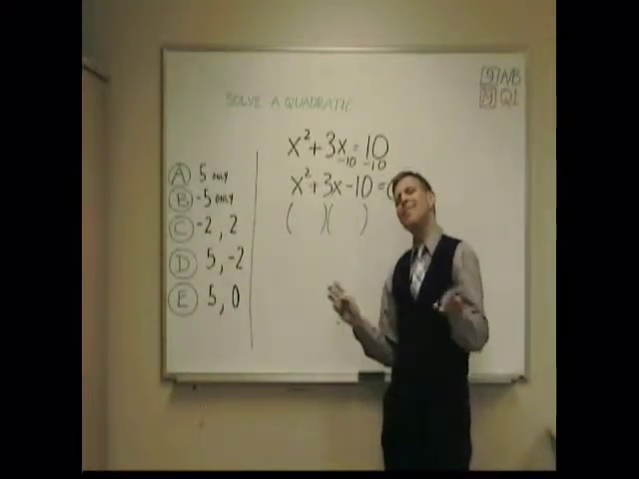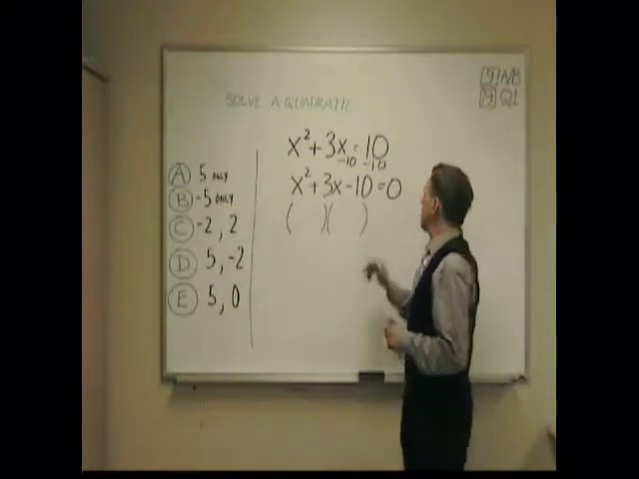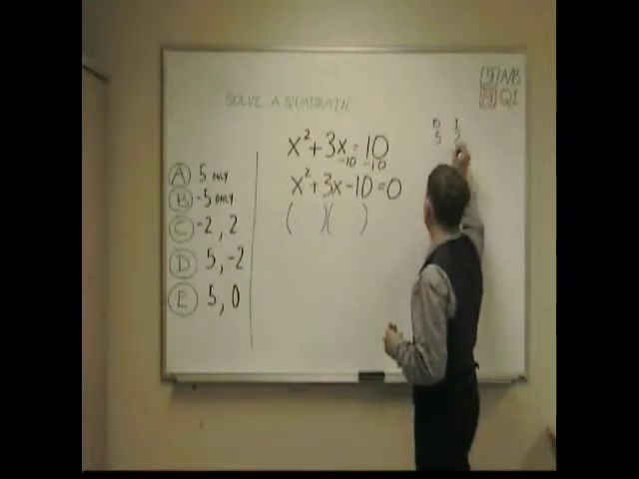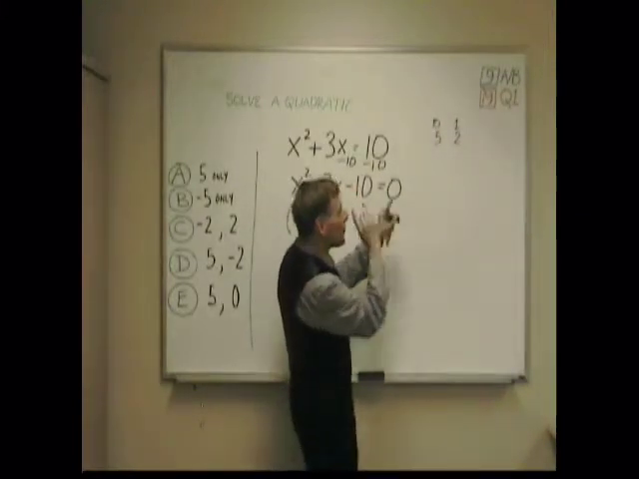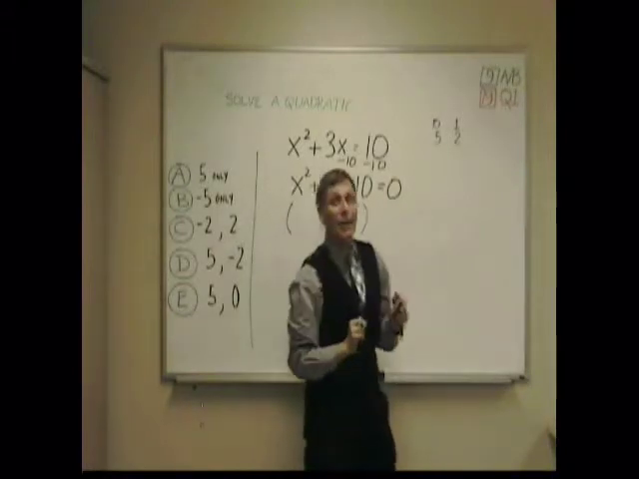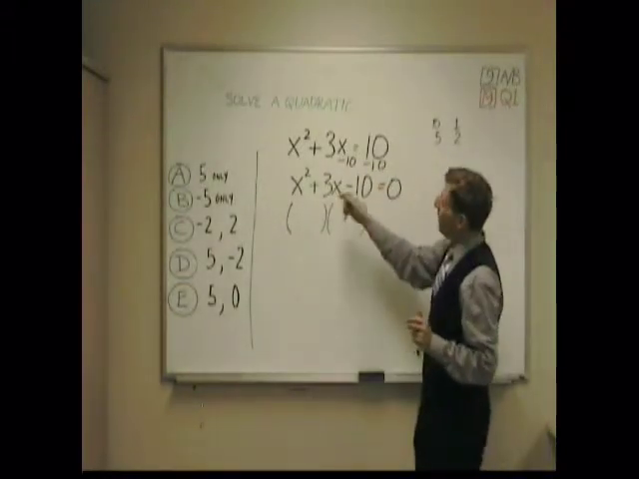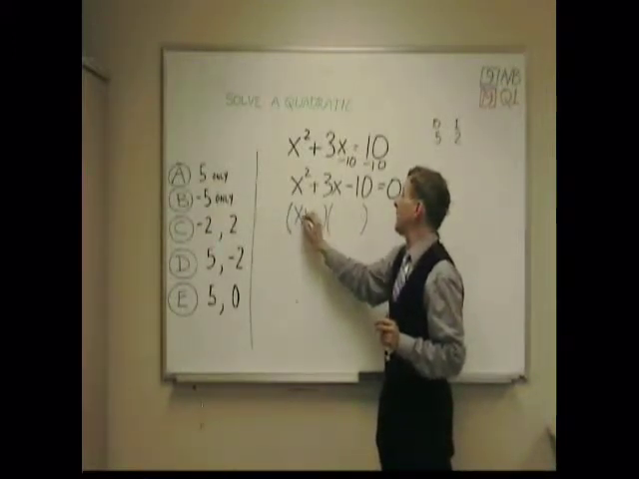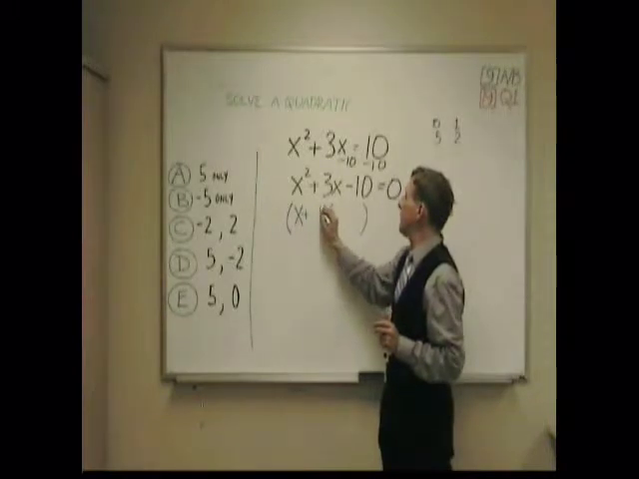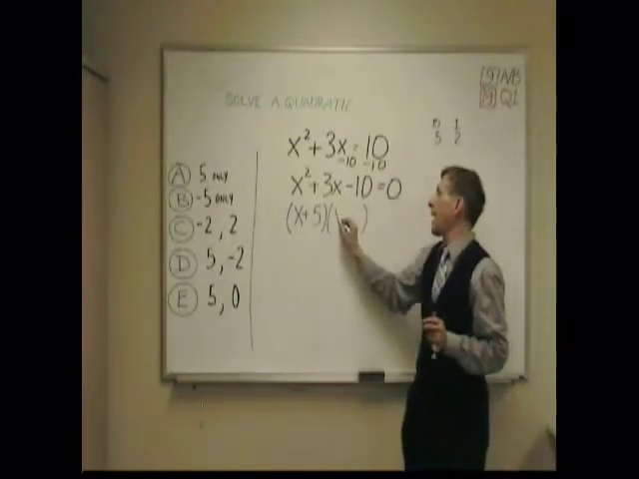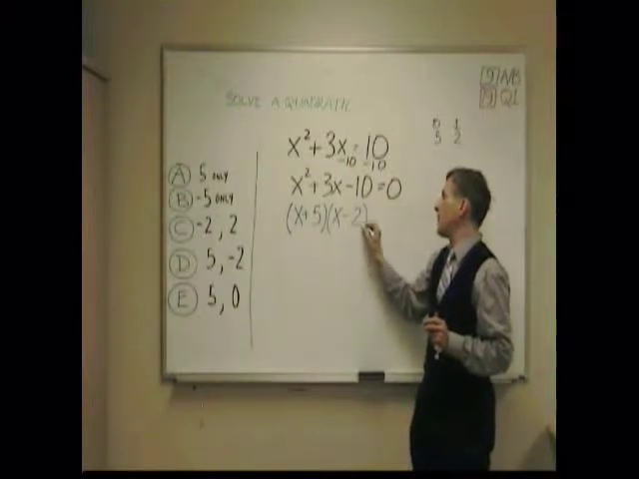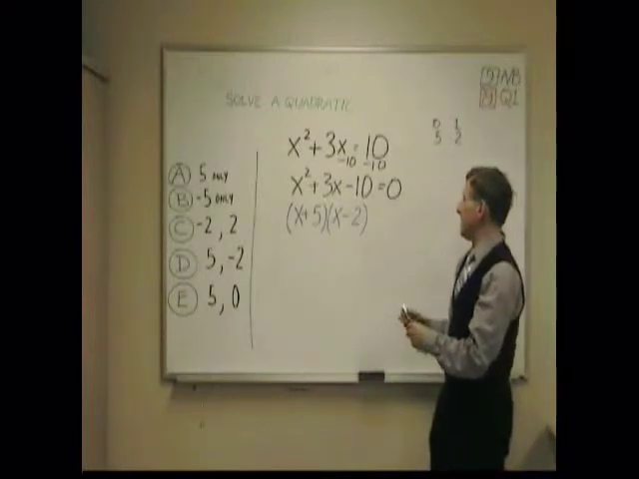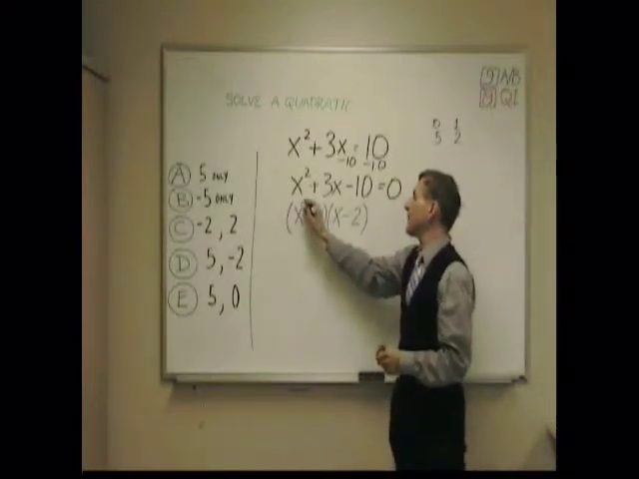You're thinking of some of the numbers? Let's think of the multiples of 10. We have 10 and 1, and we have 5 and 2. And if you subtract 5 and 2, you will get 3. I have a positive 3, and so it would be x plus 5, x minus 2. If I FOIL this, and remember FOIL's a very good check, I would have x times x